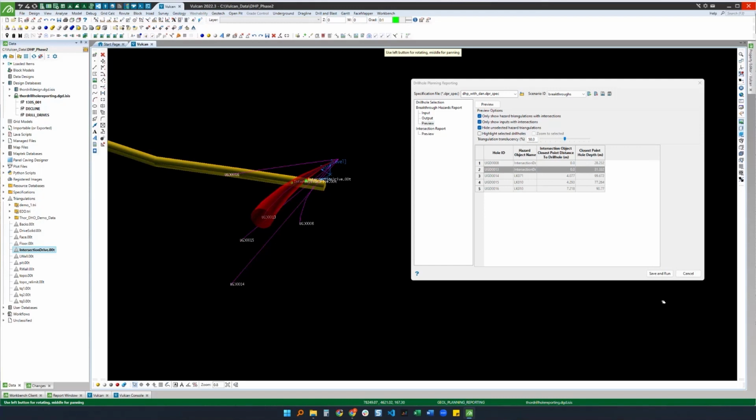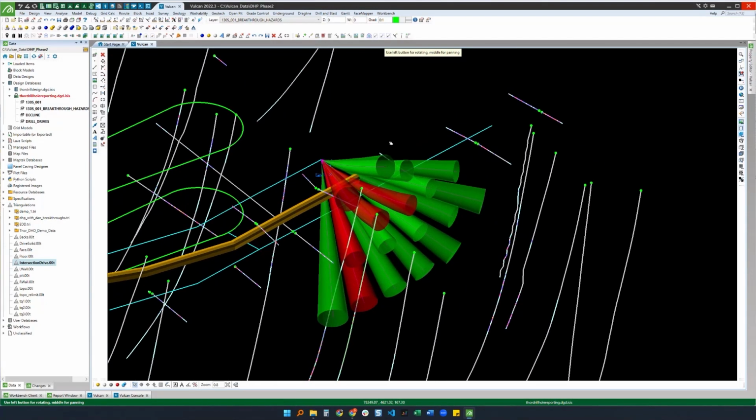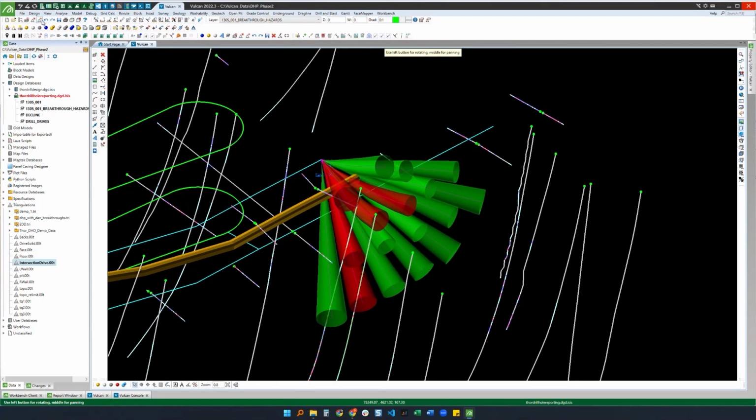Once I'm happy with this, then I can save and run, and it's actually going to generate everything. To this point, these are just temporary objects that are used for the preview. So if you hit cancel now, nothing's going to get created. But if I save and run, it's going to save my spec file and generate all my files. So you can see everything's back on screen. So if I remove everything now,